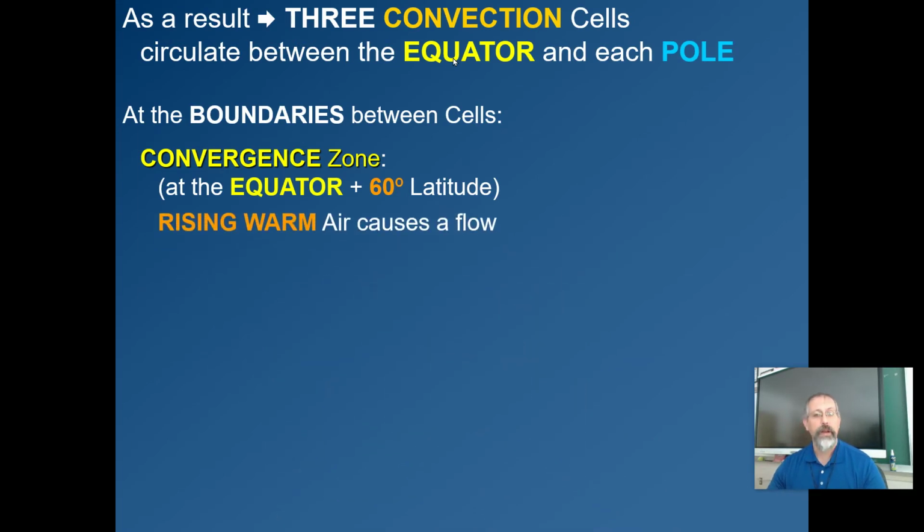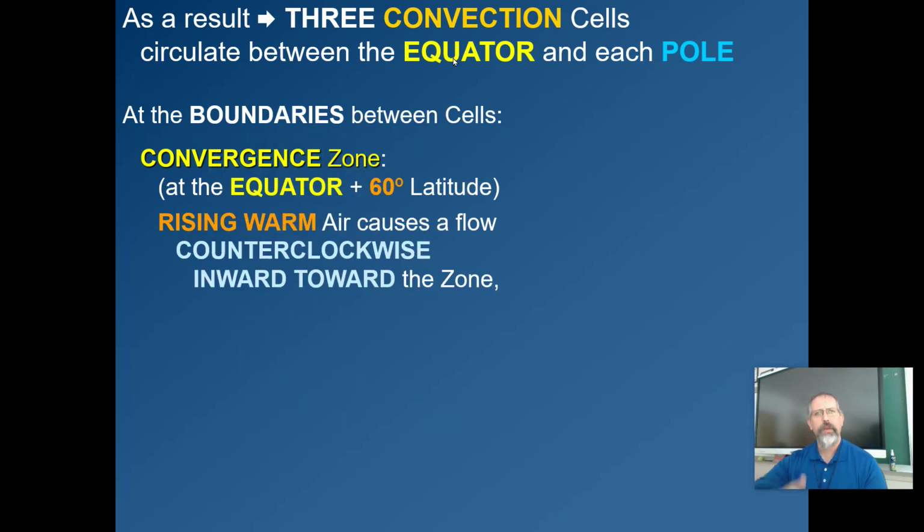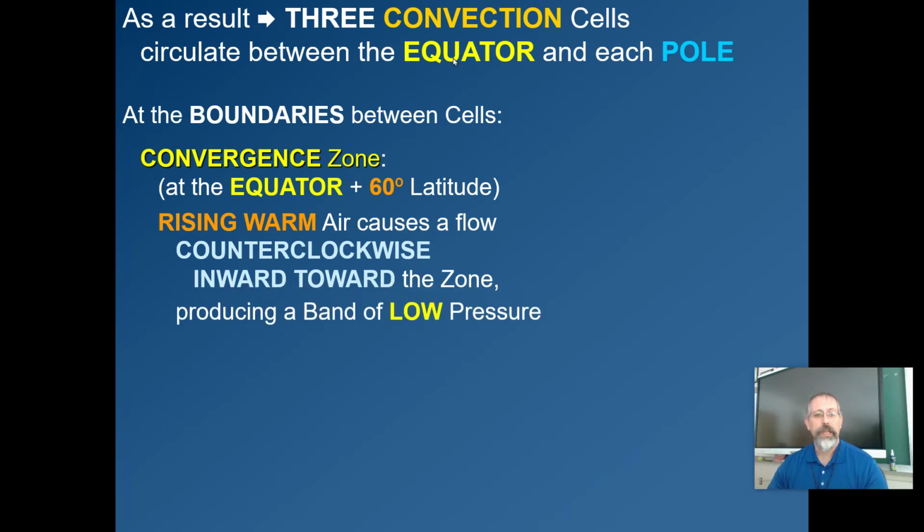So rising warm air causes a flow inward. When you take warm air off the surface, that creates low pressure. So the winds come rushing in to fill that low pressure. And low pressure is counterclockwise inward circulation. Low pressure systems are weather systems that we've talked about before. So these areas have a low pressure on them most of the time, therefore they have warm, humid climates, just because of the fact of where they are.